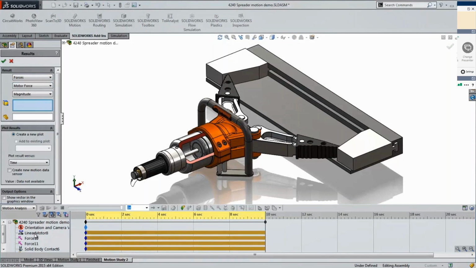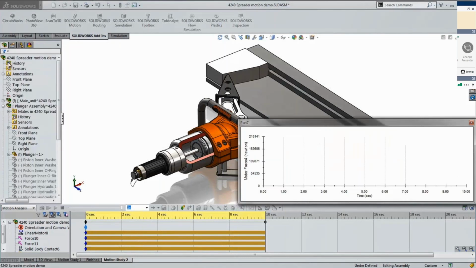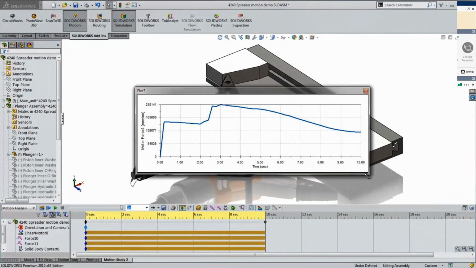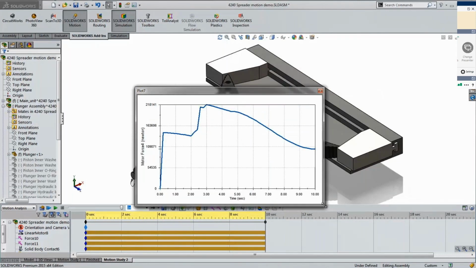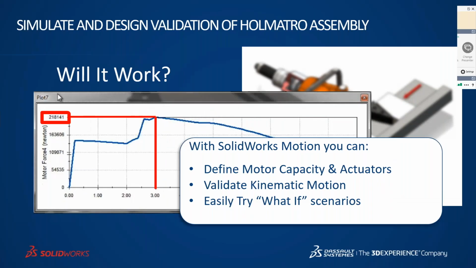So here you go. So the motor force is 81.41 Newton, which is the maximum force where this motor has been analyzed. So this is how we can define, or we can analyze, the motor capacity or the actuators, and then it's